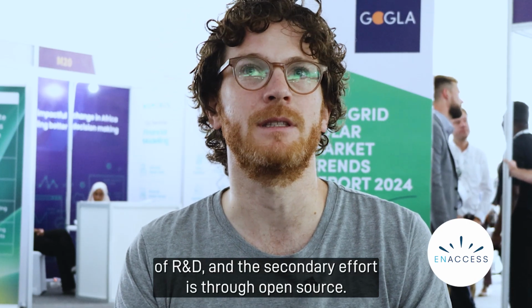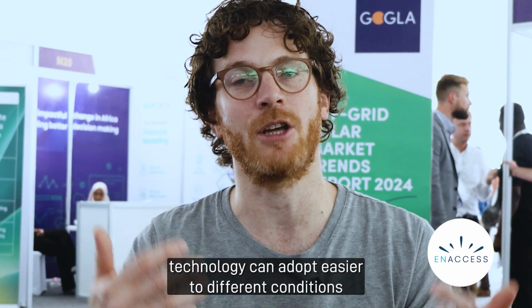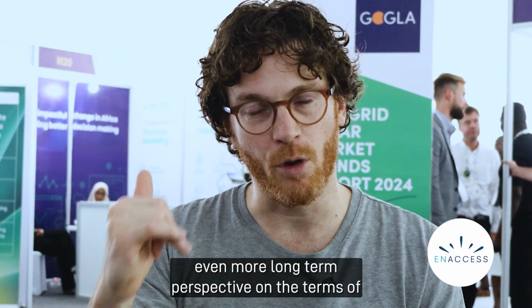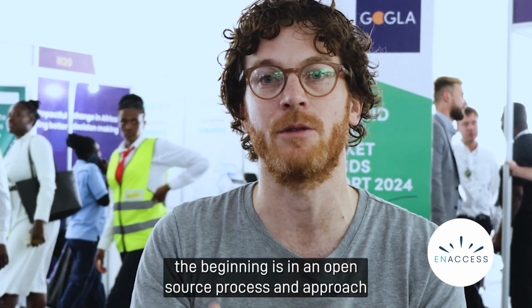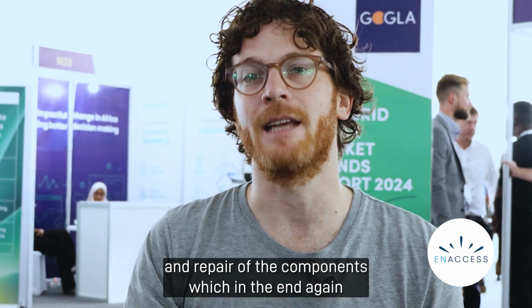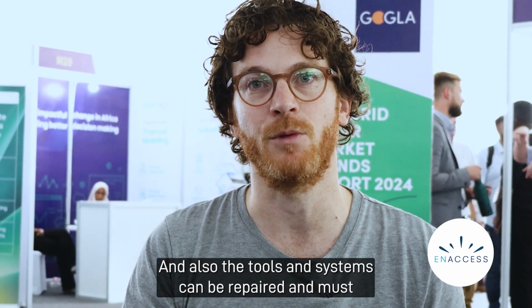And the secondary effect is that through open source, knowledge is also more easily accessible, and the developed technology can adapt more easily to different conditions in the rural community and can be more reliable and more resilient. And from an even more long-term perspective, in terms of e-waste and circularity, open source is also the entry point. Only if the design is from the beginning in an open source process and approach does it allow full circularity and easy recycling, reuse and repair of the components, which in the end again means for the beneficiaries that they are not left with e-waste, and also the tools and systems can be repaired